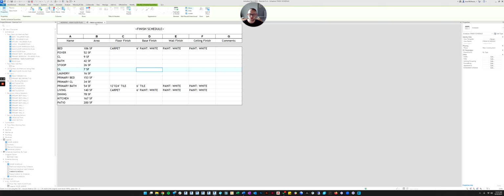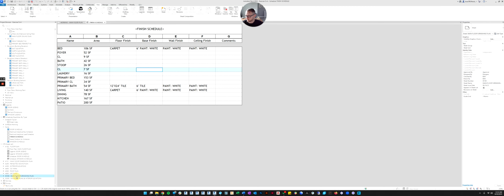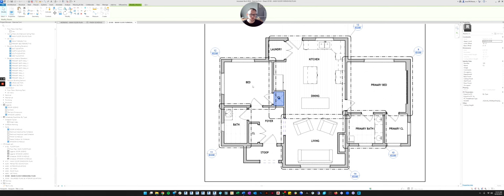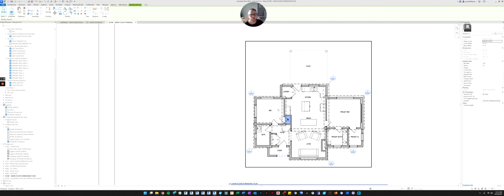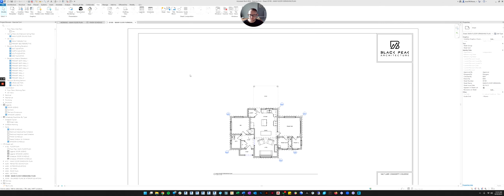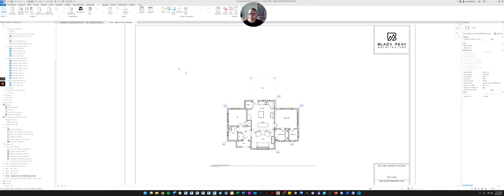And so on your finished floor plan, you could have it not only in your schedule, but you could also, let's go to the furnishings plan, change your tag to also show the finishes in the room like I did. So maybe I'll do that for extra credit for this module. I can show you how to edit the family, but it's not an essential skill for this class because it's a little bit advanced.